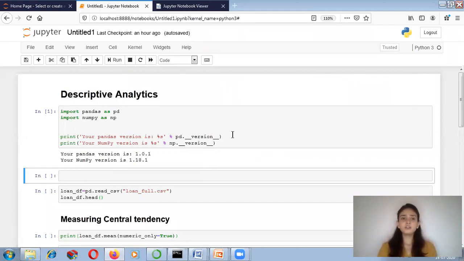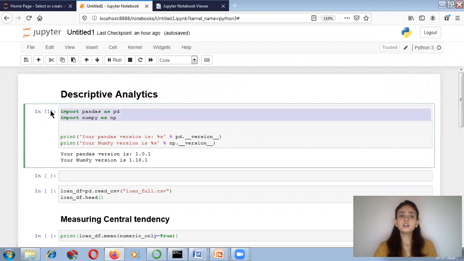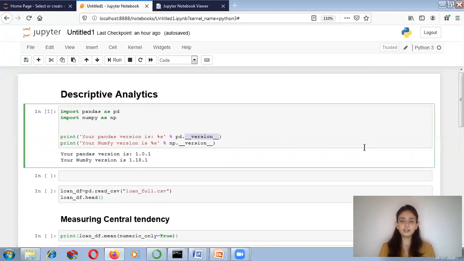So over here I am importing two libraries, that is pandas as pd and numpy as np. And if I want to check what is the version of the pandas and the numpy library, then you can check like this. If you want to check the pandas version, then you have to write the alias, that is pd, then dot, then double underscore version, and then again double underscore. Similarly, you can check the version of numpy also.